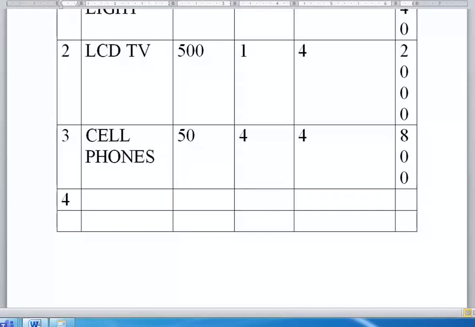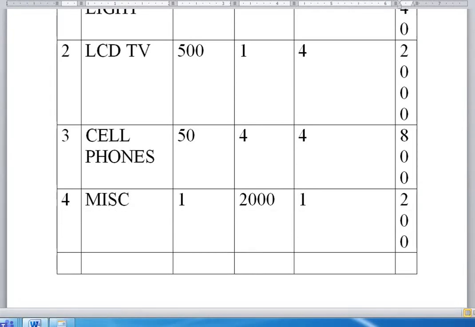For example, mixies we can include. So roughly, I'll take miscellaneous, because we don't run our mixie 24 hours. Maximum 5 minutes or 10 minutes, not more than that. So let us put the items equal to 1 only, and now I will increase the watts. How many watts are there for it? For example, maximum I will go now 2000. And here I will use 1 hour. So what will happen here? 1 into 2000 into 1, it will become 2000. Remember this. So this is our conclusion. This is 2000.